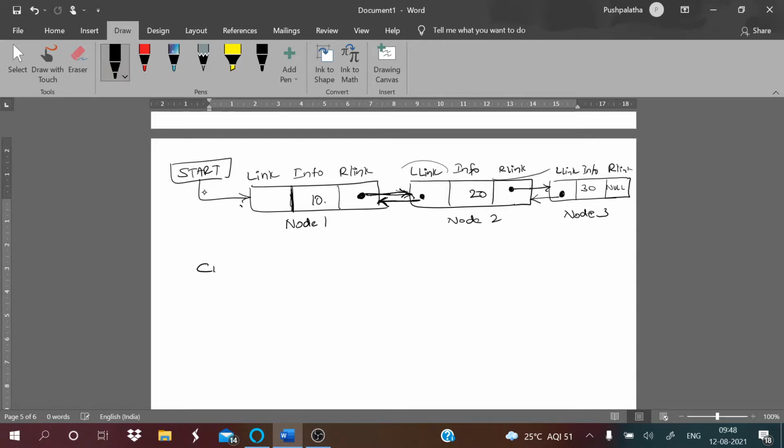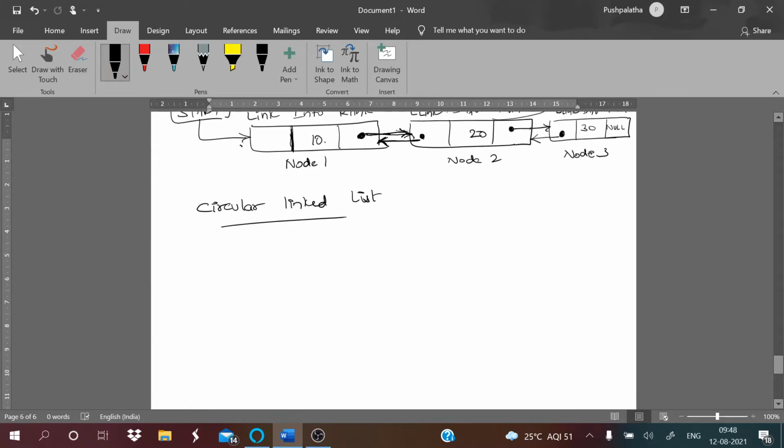And next we have your circular linked list. It is again a type of linked list in which the first node's left pointer points to the last node. Let us draw the figure and then explain. Start, you have the link for the first node.